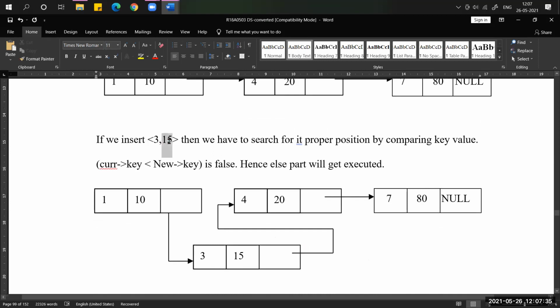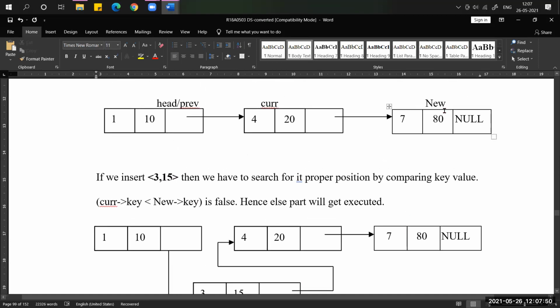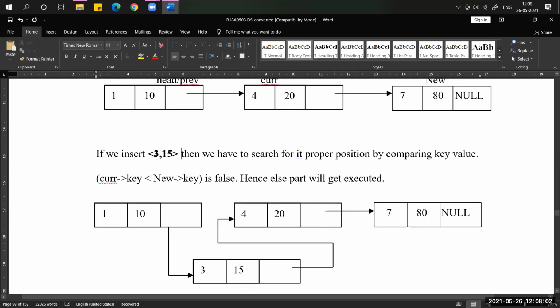And for the last node we want to insert, for example, my key number is 3 and the data is 15. Now it will compare. The current node is this one. The current key value is 7, our new key value is 3. 3 is less than 7, so go to the previous one. Again compare our key value with the current key value. Again it is less than, so go to the previous one. Now it will compare 3 and 1. Yes, our new key value is greater.